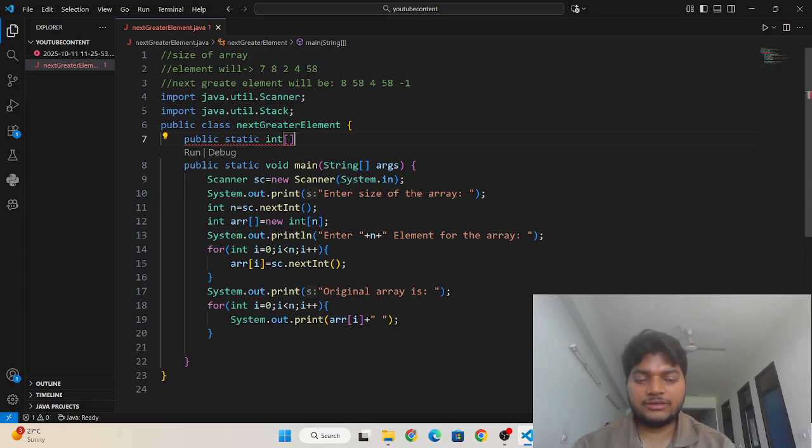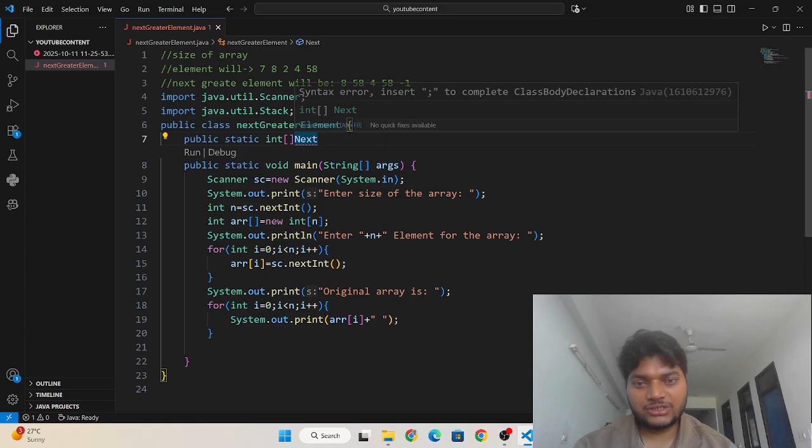So I need to write here next greater element. See, this is the method starting. Here I am using a capital letter. This is the convention for writing methods: we write the first letter as capital, so I have written this capital.